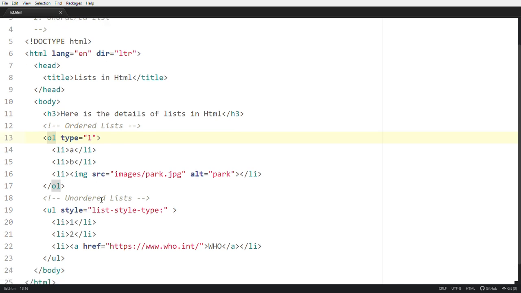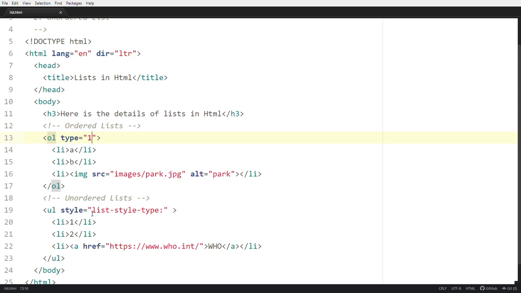Then comes the unordered list. In this, you know about this element UL. UL is the unordered list. In the same way, LI is the list item.